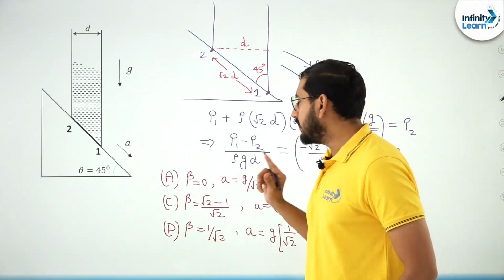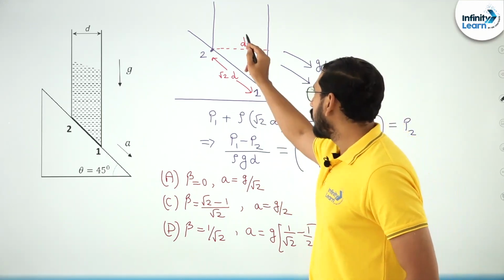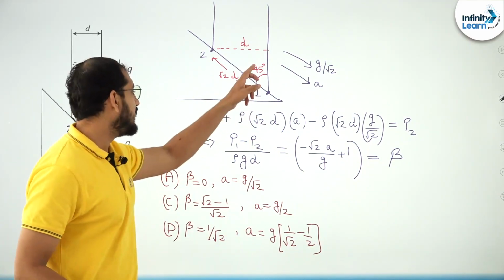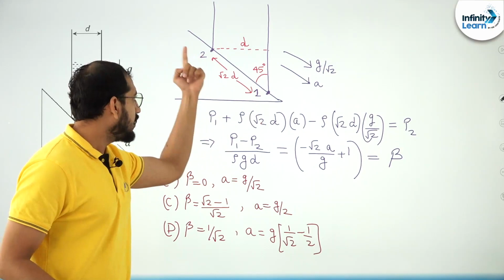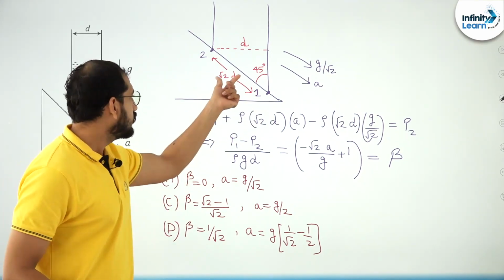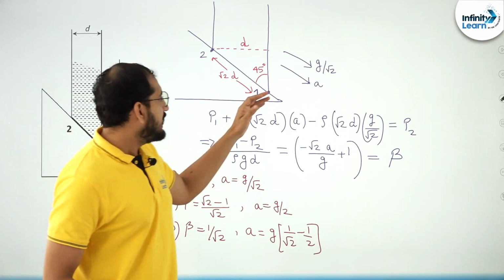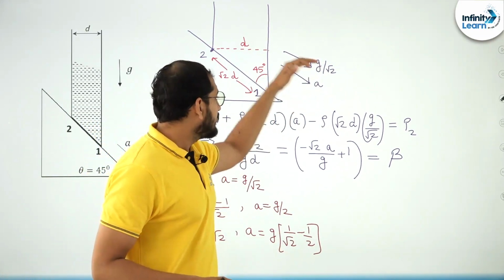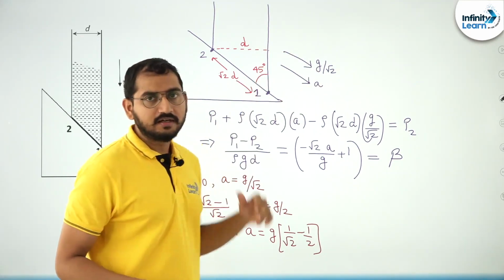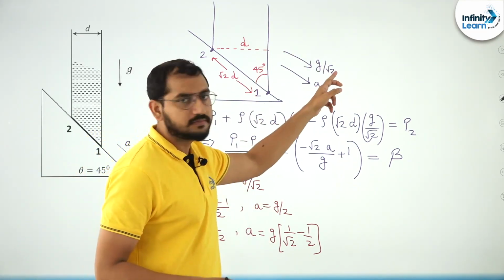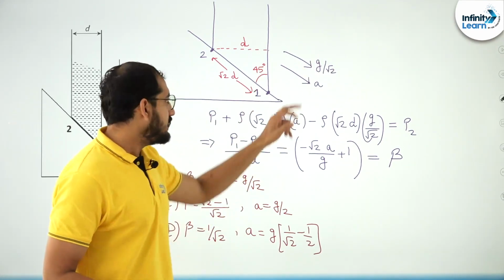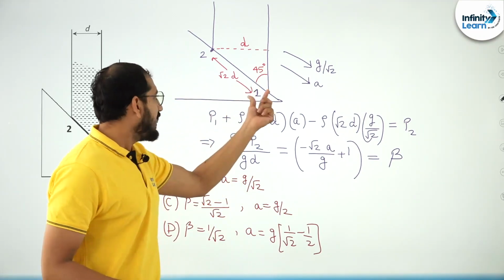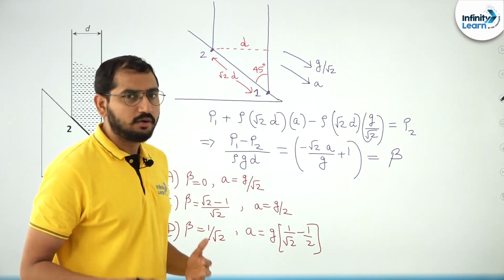In the solution, one thing we have to note is that small d is the internal diameter of the tube, right? And the angle of inclination is 45 degrees. So the direct distance between point 1 and 2 is going to be equal to root 2 times d. Now if I take the components of all the accelerations available, the gravity component down the plane I will get as g sin theta. So g by root 2 is my acceleration due to gravity, and this is the small a acceleration which is given in our question. Okay, so I have to connect point 1 and point 2 through a pressure equation, right?